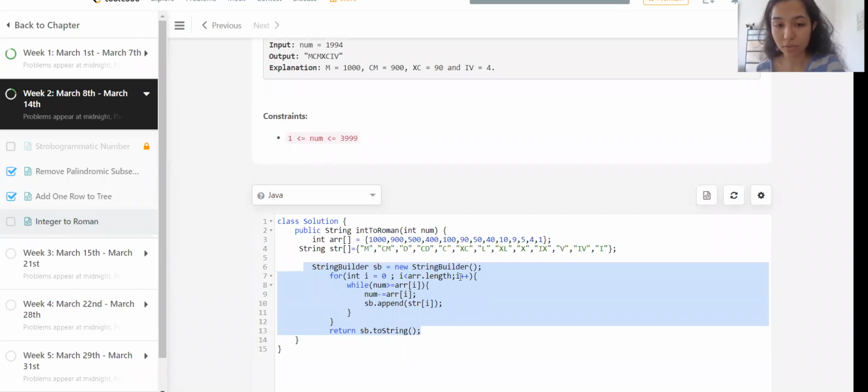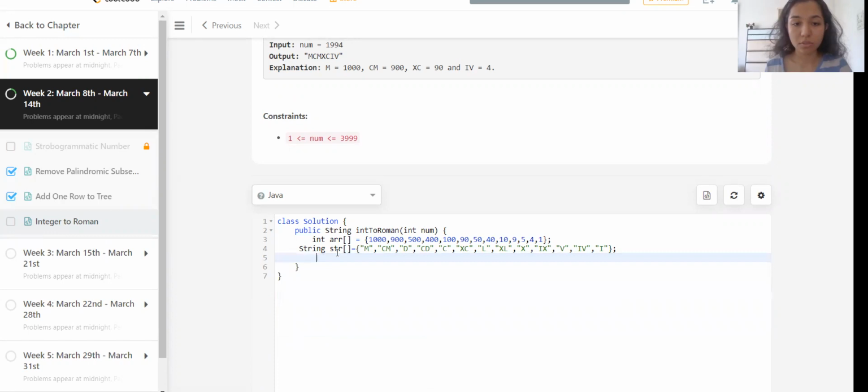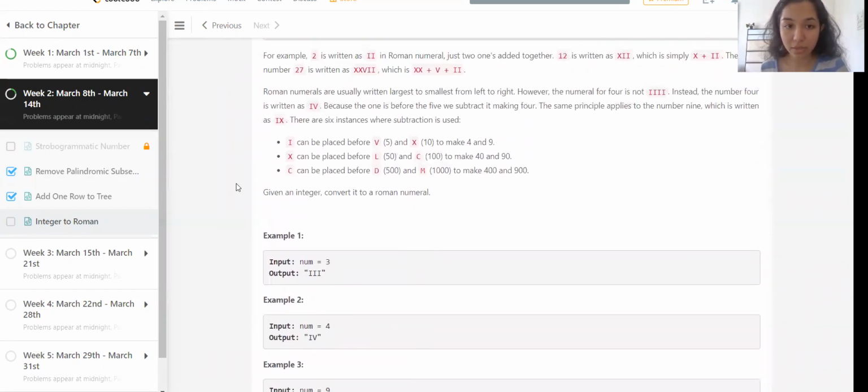I have written the code. So here I've listed all the integers that can be represented. 1000 is represented as M, 900 is represented as CM. As it is written here, C can be placed before D and M to make 400 and 900. So for 900, we can write CM.